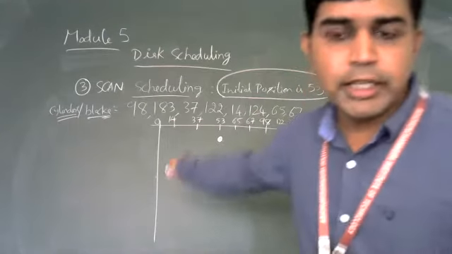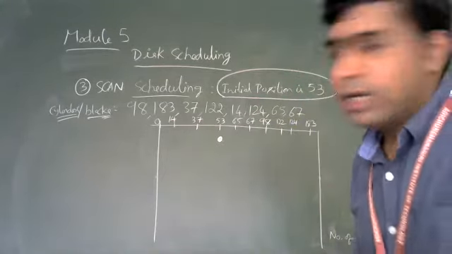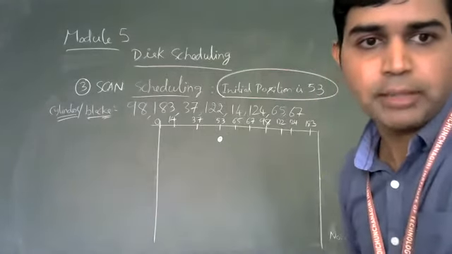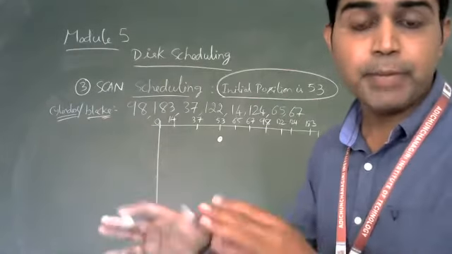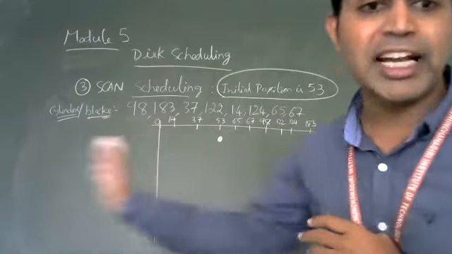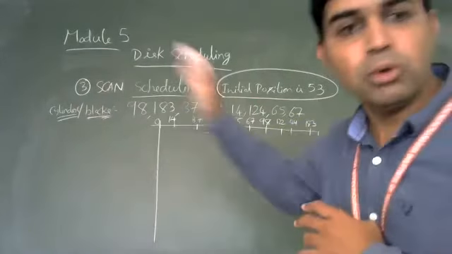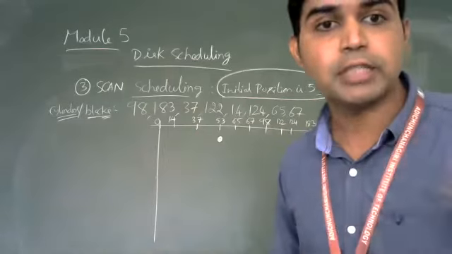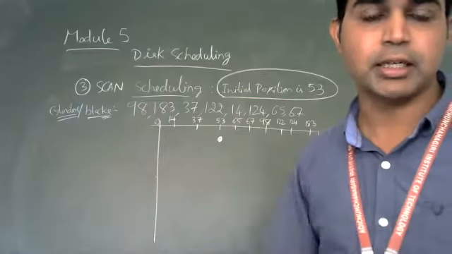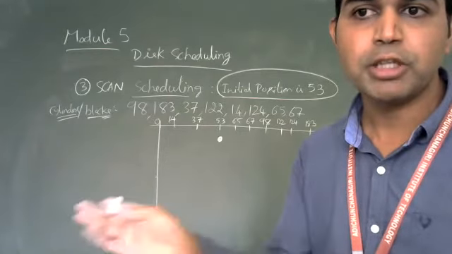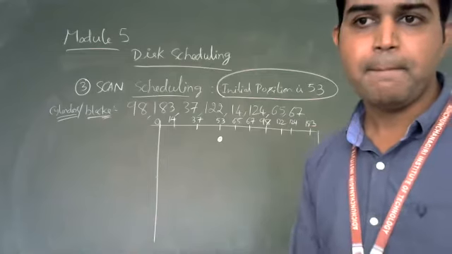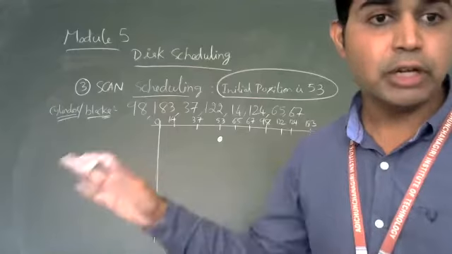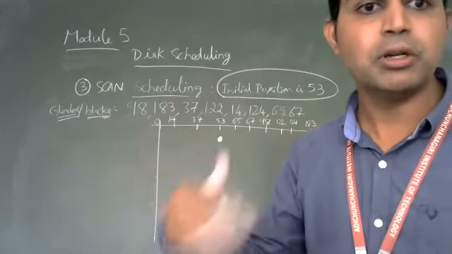Okay, observe this. This is the initial position of your read-write pointer, 53. We will try to move to one end of the disk. I will consider the left end of the disk. So I am assuming that my read-write pointer first travels towards the left end of the disk, then it will move to the right end. Left end of the disk, which cylinder numbers are you going to get at the left? 37, 14. 37 and 14, correct? So those cylinders will be visited.